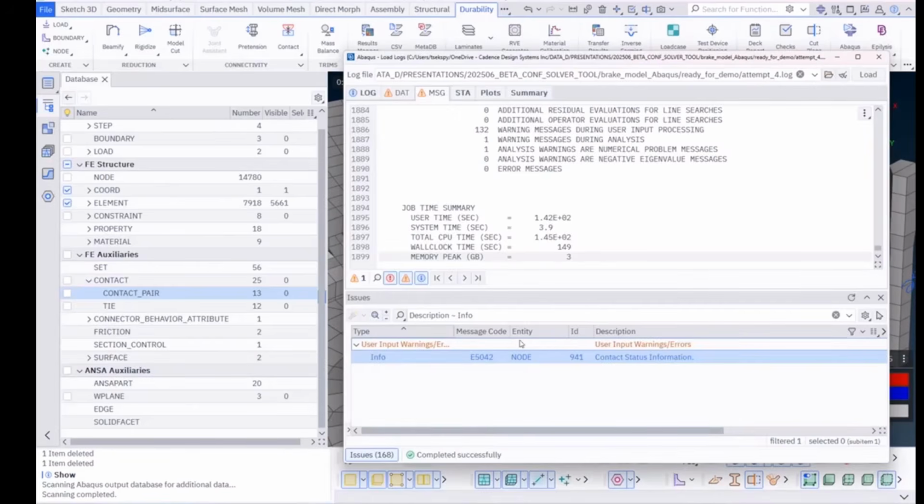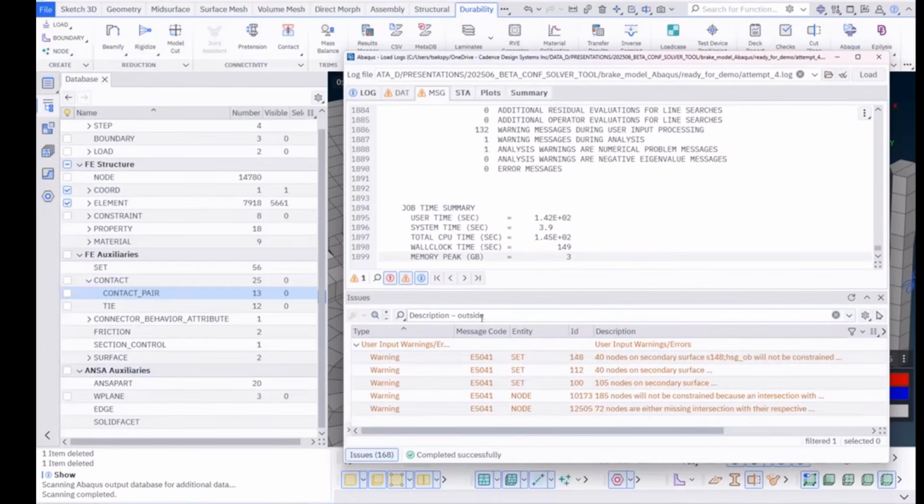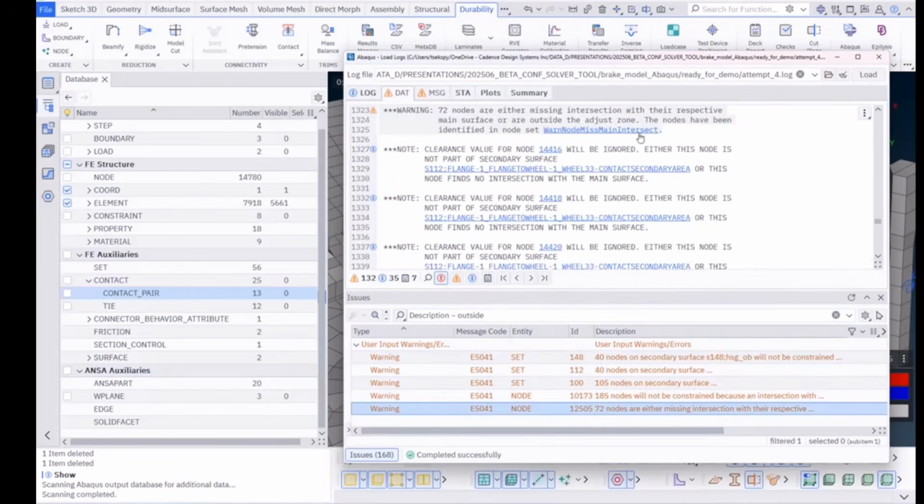Finally, another capability of the tool is that it reads sets created by the Abaqus solver and stored in the ODB file. By typing outside in the search bar and clicking the warning message, we see details about nodes missing intersections or lying outside the adjust zone. Abaqus generates node sets when contact nodes fail to project onto the master surface or fall outside the adjust zone. A highlighted hyperlink appears. Clicking it retrieves the node set from the ODB file, making those nodes available in our